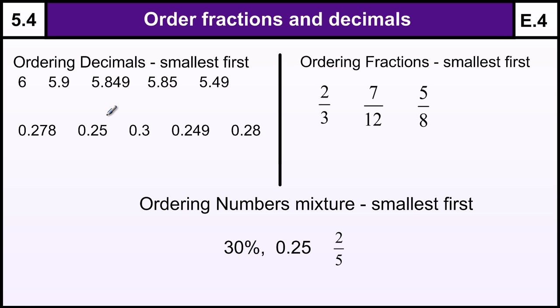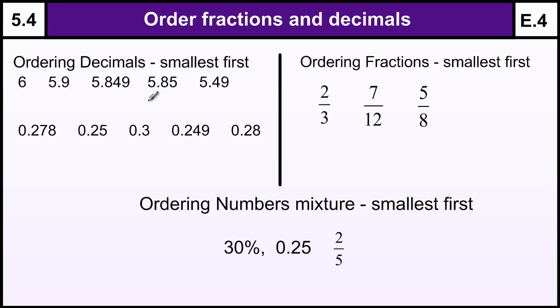Level 5, Grade E, ordering fractions and decimals. Okay, let's give you a few tips to help you order decimals, fractions, and then a mixture of numbers with percentages as well. So, ordering decimals, when you've got a list of decimal numbers you're trying to order,